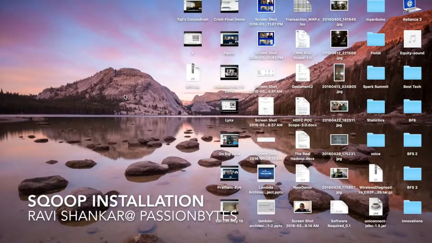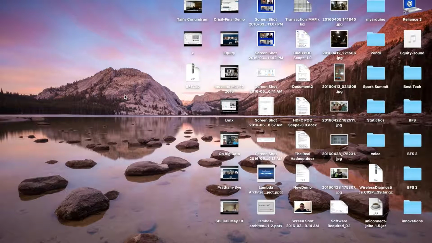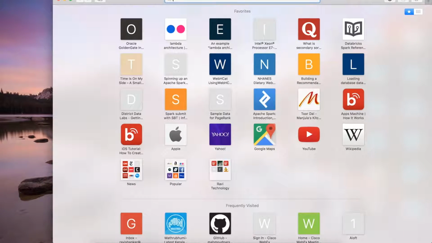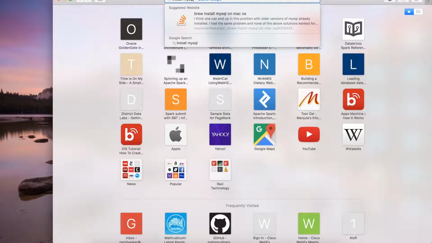I'm going to show you all the steps from the beginning to install Sqoop and make it running. The first prerequisite, you have to install MySQL. So it is very easy. What you need to do is install MySQL in the browser,